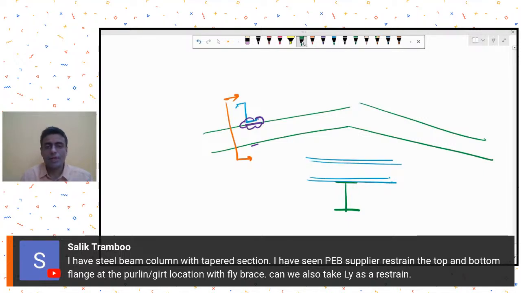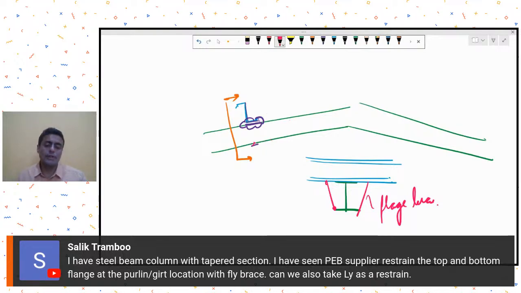What they will do, the top flange is anyway connected directly because my purlin is resting on the top flange. But for restraining the bottom flange, they will provide an additional brace like this. They usually call this the flange brace. So this flange brace will take care of the bottom flange also. So in this manner,